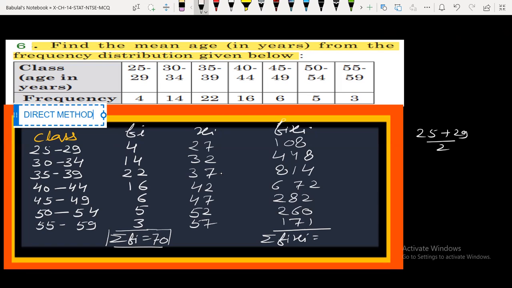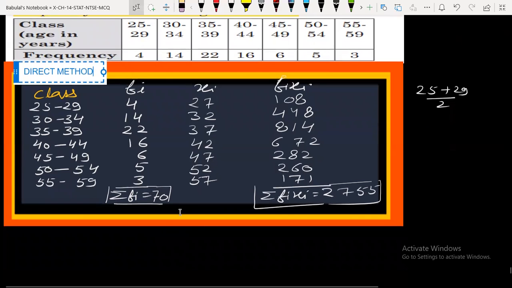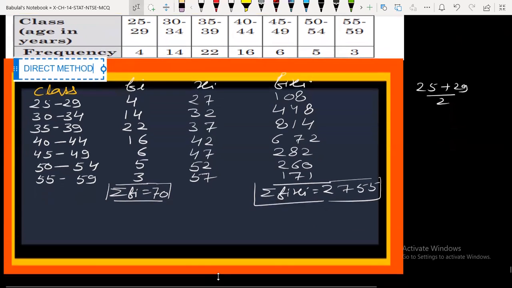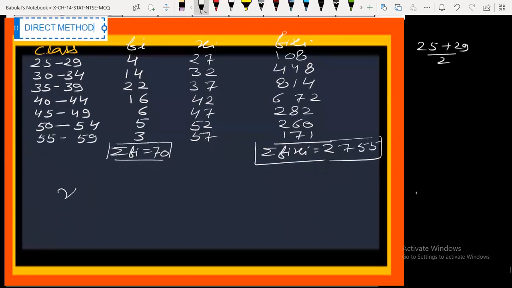108 plus 448 plus 814 plus 672 plus 282 plus 260 plus 171, that is 2755. Now you use the formula for the mean of the given data. What is the formula? We know the formula. Mean is equal to sum of all fi xi upon sum of all frequencies, that is